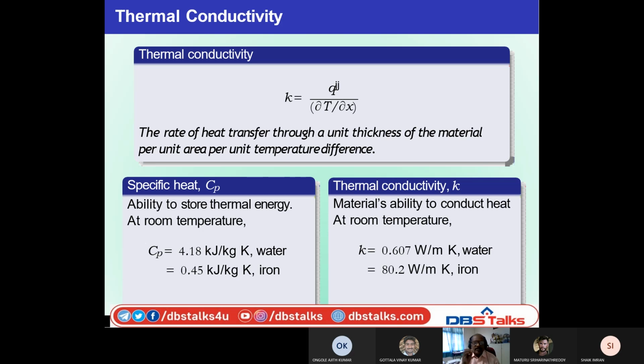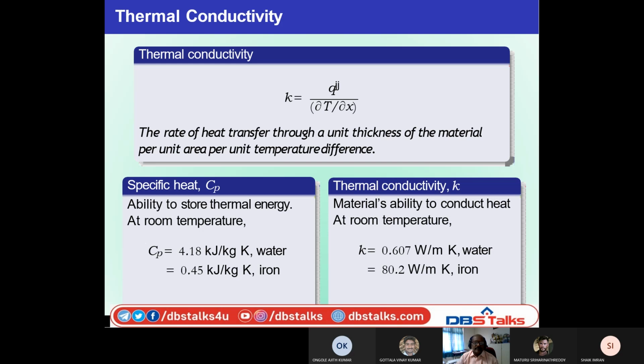In most of heat transfer, our main object is how to find out the K value, how to find out the H value, and radiation heat transfer. In the first unit, conduction, our main object is how to find out K. So in the heat transfer lab also, in most of the conduction experiments, you are going to find out K. How you can find out K is nothing but total heat transfer by dou T by dou X.